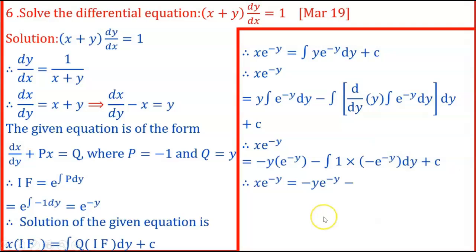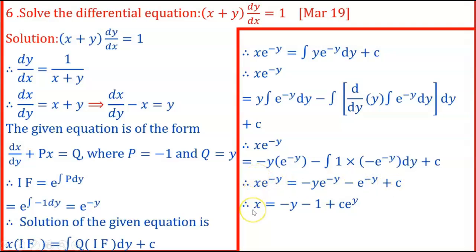And therefore you will have here x e^(−y) equals −y e^(−y). And the next is here again, this minus minus will become plus. And again finally, the integral of e^(−y) is −e^(−y) + c. And finally divide again on both sides by e^(−y). If we divide,